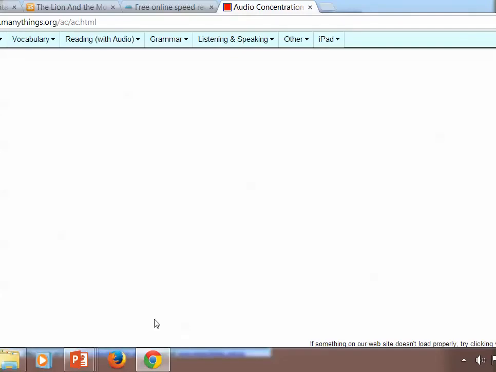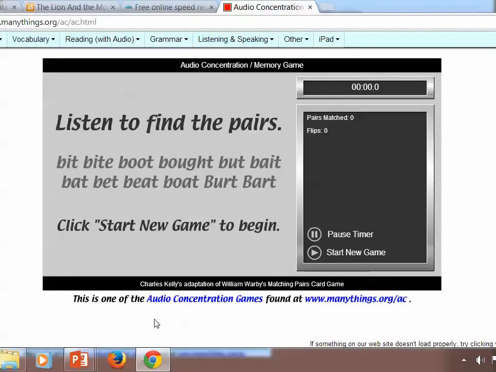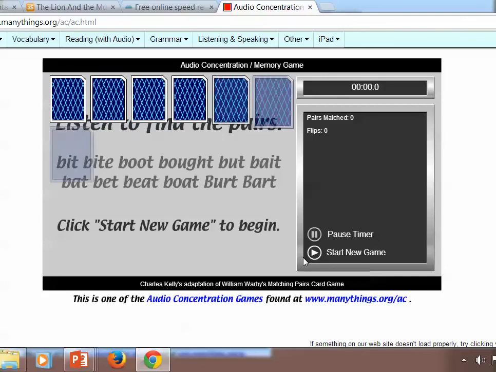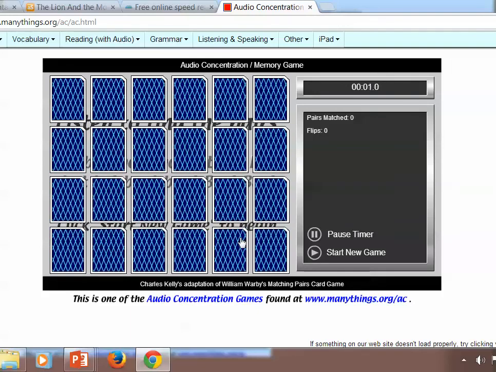Dyslexic children, ESL children have problems with discrimination, right? It's quite nice. You can't hear it because it's talking to my headphones, but you hear bite. So it's a bite, and you have to now find the matching word for bite. Bat. But it's bat, so it's the wrong pair. So that's bite. That's bat. Now I'm Polish. Bat and bed sounded to me exactly the same, right? Not anymore, but they did in the past.